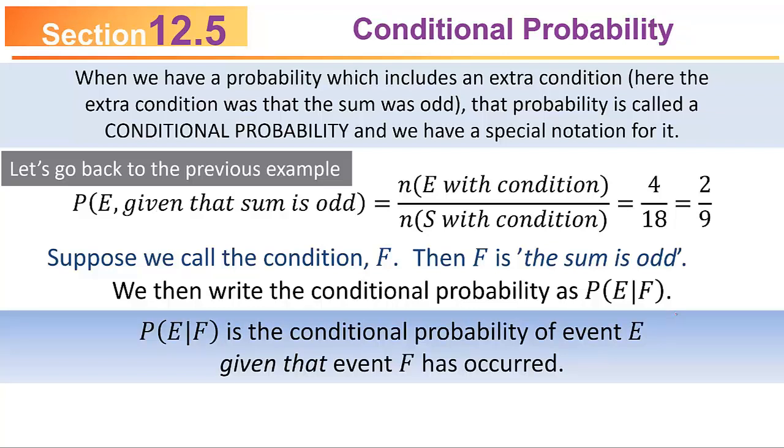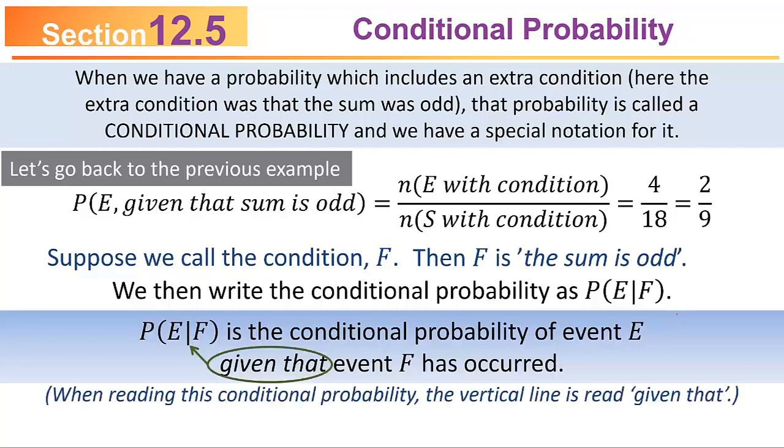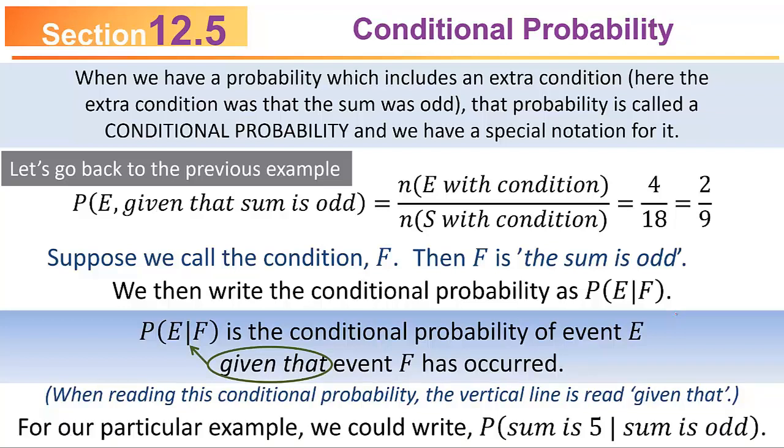This is important, so take a minute to just soak it in. The probability of E given F is the conditional probability of event E given that F has occurred. That F is the additional information that we now know that we didn't know before. The vertical line is read "given" or "given that," depending on exactly how you want to phrase it. For our particular problem, this would be the probability that the sum is 5 given that the sum is odd. Think about that a minute, because you need to understand what the probability is saying or asking before you can